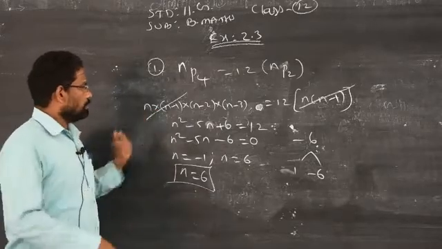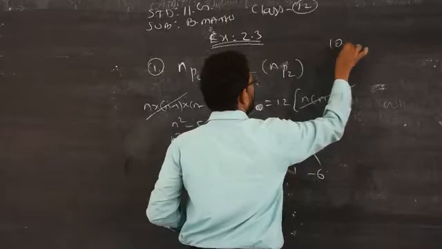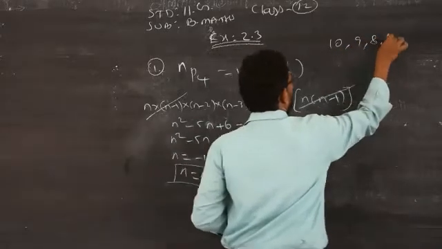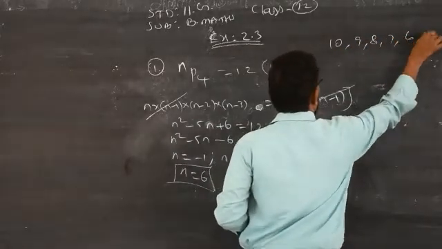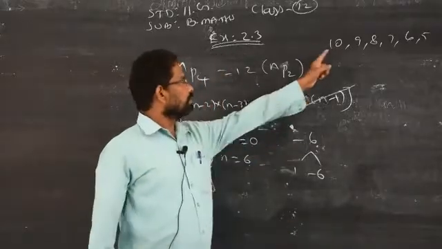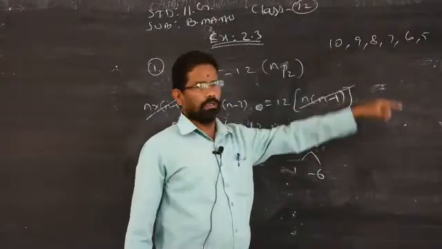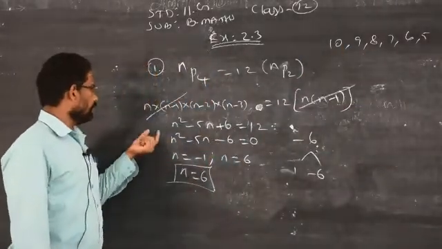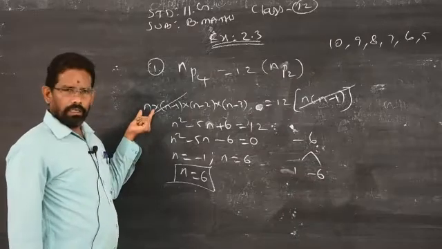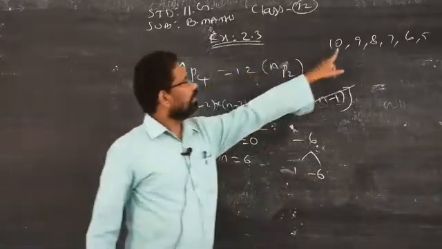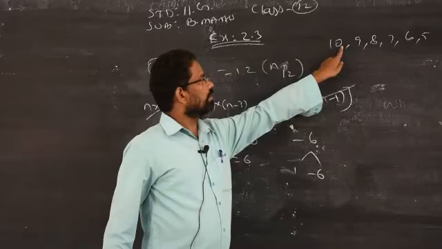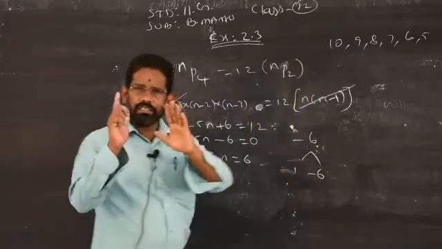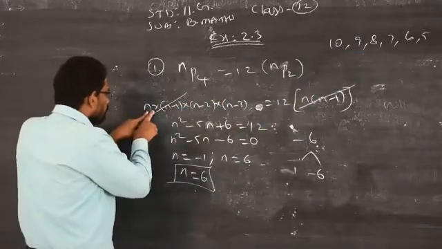N, suppose if it is 10, what will be the next number? 9, 8, 7, 6, 5 and so on. So you are reducing one number from the previous one. The same way I did. I don't know what is the number, so I take n. How do you get 9 from 10? When you subtract 1 from 10 only, you get how much? 9. The same concept. I am subtracting 1 from n.